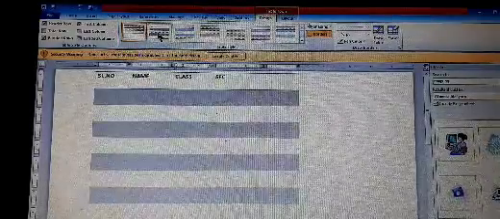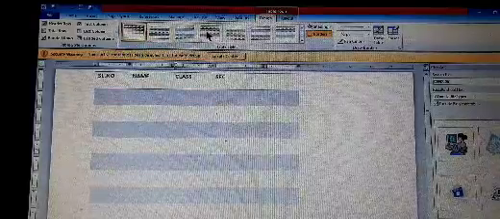This is table style. Here you can select border: all borders, outside borders, inside borders, top border, bottom border. This is border style. You can draw a border here.